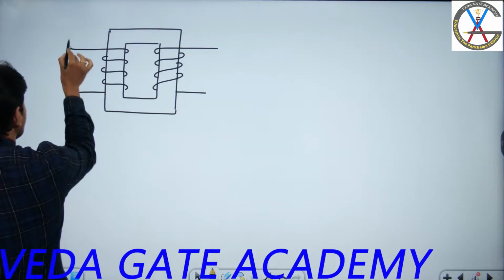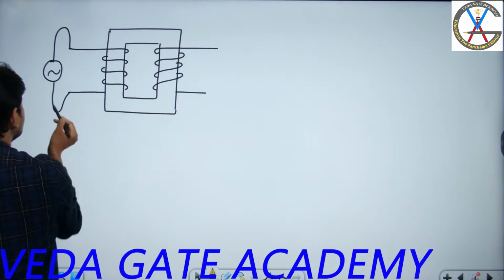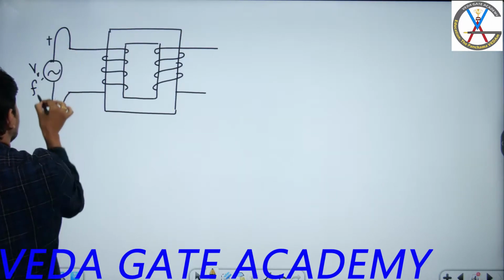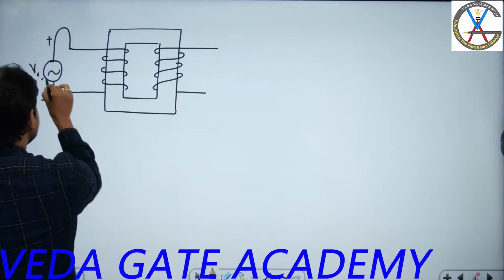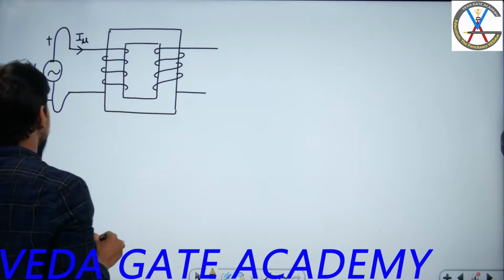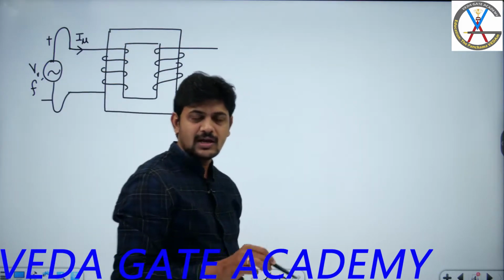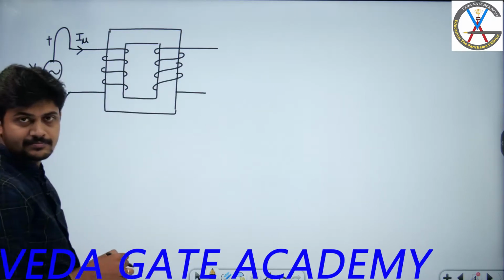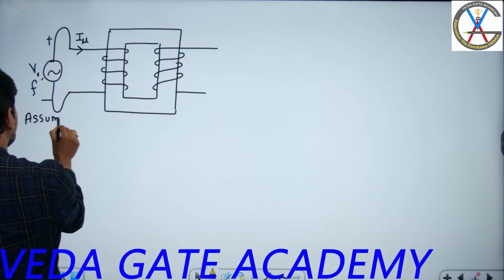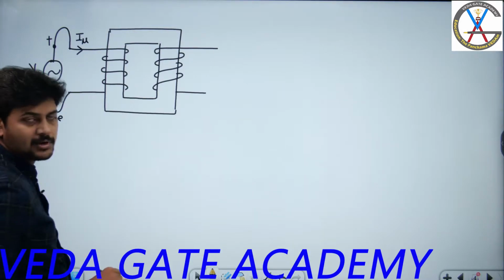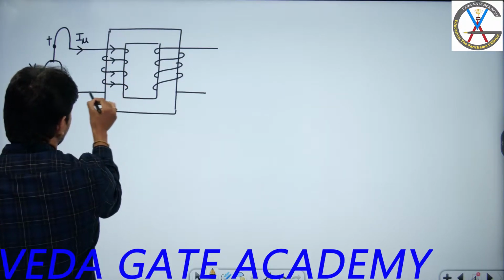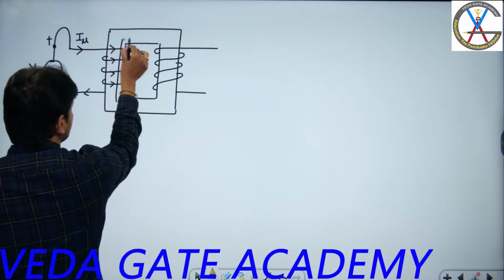If you apply a source voltage and we assume the primary side terminal polarities as plus and minus, then as it is a source, the current will start from here. The magnetizing current starts flowing in this one, right? For a source, the current will leave from the positive terminal. Here I am assuming the primary side polarity as this terminal is positive with respect to this terminal. Because of that, the magnetizing current starts flowing, and because of this magnetizing current, obviously the flux will start flowing.